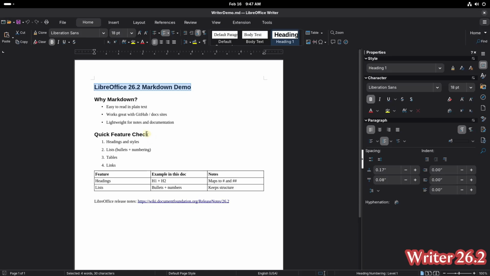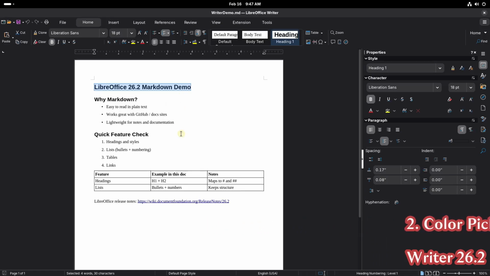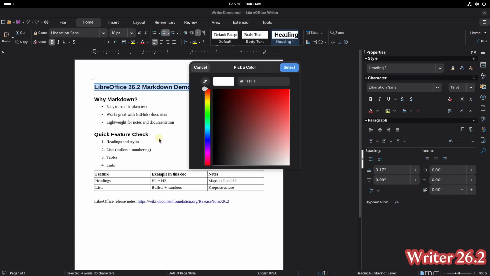While I have selected this text, I want to quickly show the next change, which is the color picker. Now this is a Linux only change. If you are using GTK themes versus Qt themes, the color picker will default to the native GTK or Qt framework. Since I am using this on Fedora GNOME, LibreOffice will default to the GTK color picker. If I choose custom color, I'm getting a different color picker interface